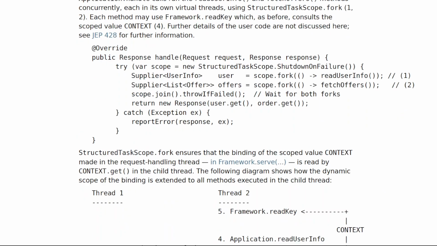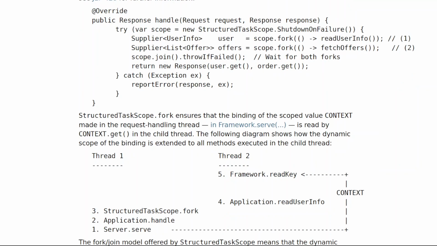@Override public Response handle(Request request, Response response) { try (var scope = new StructuredTaskScope.ShutdownOnFailure()) { Supplier<UserInfo> user = scope.fork(() -> readUserInfo()); // 1 Supplier<List<Offer>> offers = scope.fork(() -> fetchOffers()); // 2 scope.join().throwIfFailed(); // wait for both forks return new Response(user.get(), order.get()); } catch (Exception x) { reportError(response, x); }